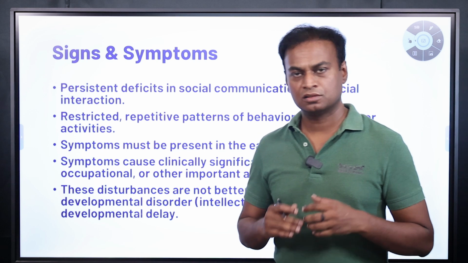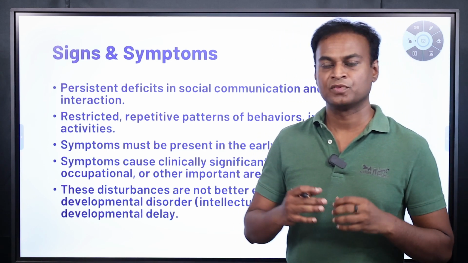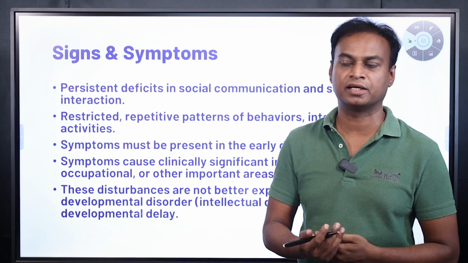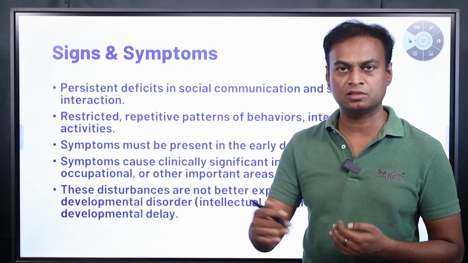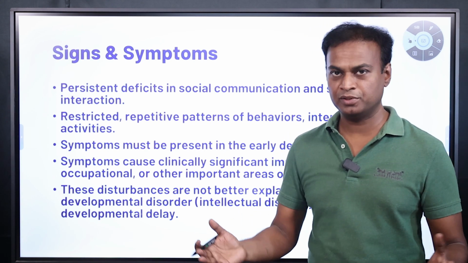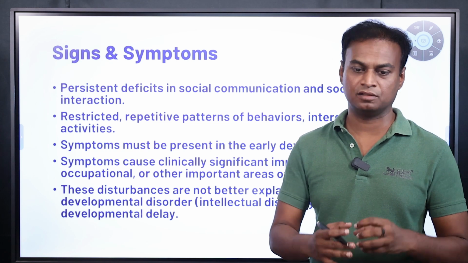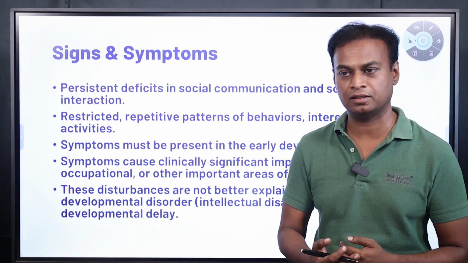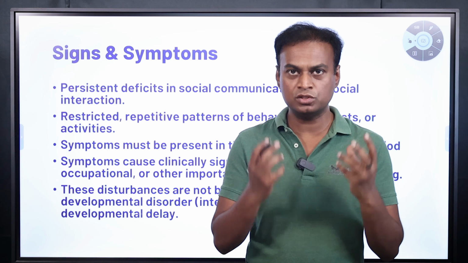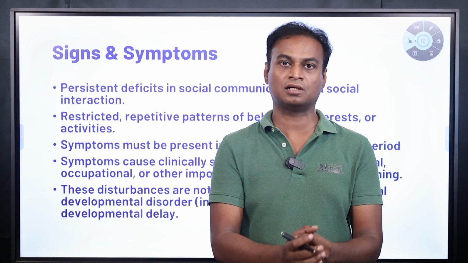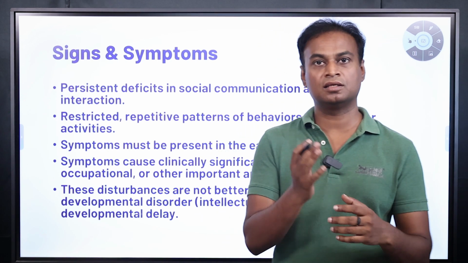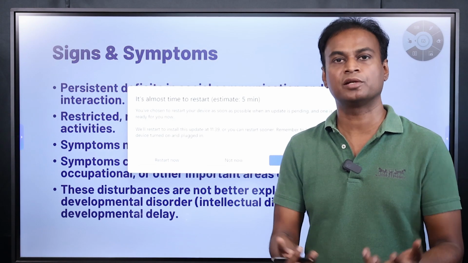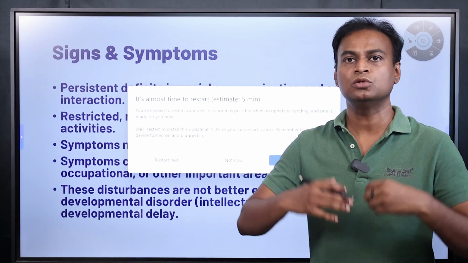Or echolalia. Some kids have the habit of echolalia. When parents say something, they will repeat it again. When grandfather says something, they will repeat it again. When peers or other kids say something, they will repeat it again. So rather than using the energy to understand what the other kid, father or grandfather is saying, it is easy to repeat it, because they are not able to go into new things.